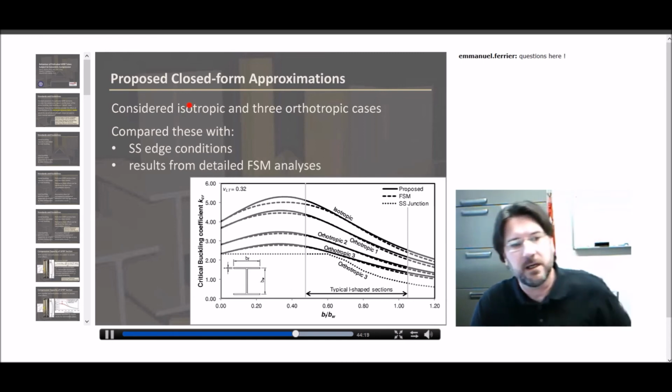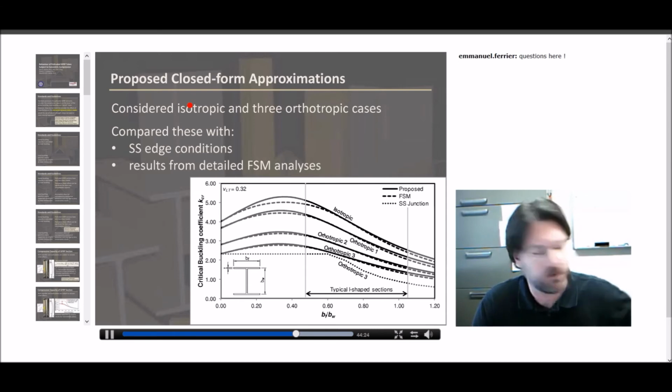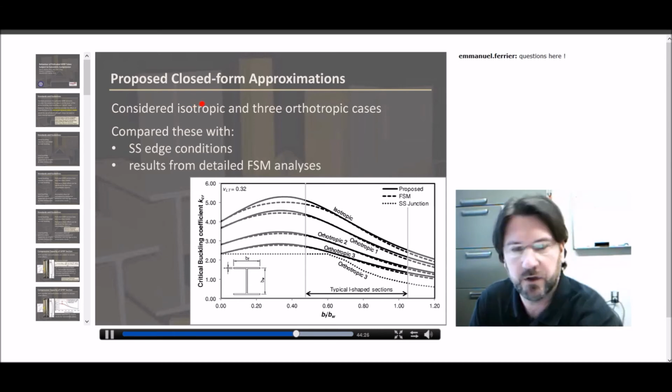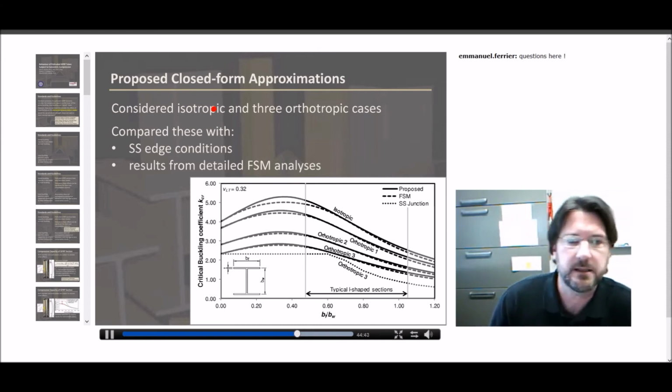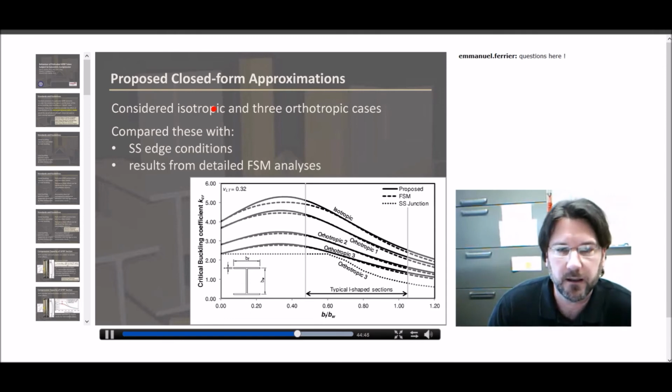And we considered both the isotropic material case. This is useful because we can compare our results. They should converge to the results for an isotropic material such as steel, where we have lots and lots of data and we know what behavior to expect. And we looked at 3 cases of orthotropic materials that we hope capture well the range that is likely within the pultruded FRP world. And we compared these with the simply supported edge condition assumption that we presently use in the code,